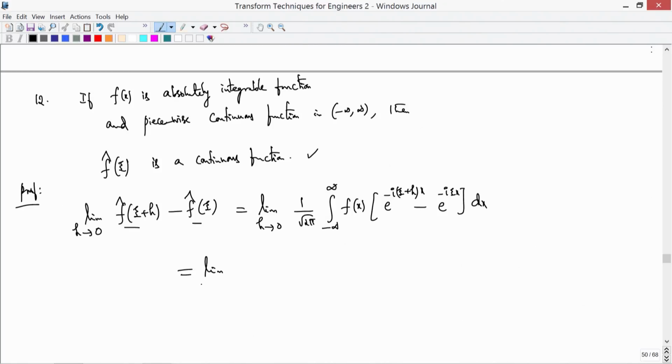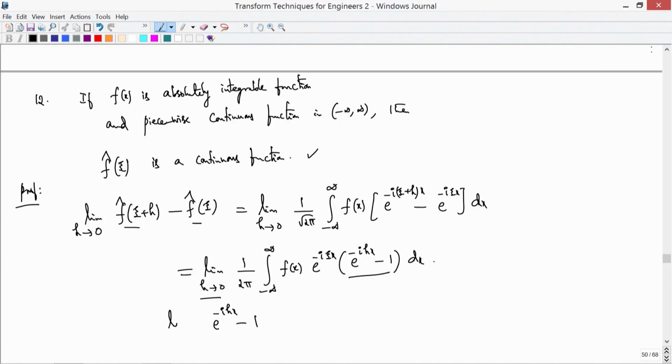This is equal to the limit as h goes to 0 of 1 by 2 pi, the integral where e power minus I h x you can take out, multiplied by e power minus I xi x, that is common. What you have is e power minus I h x minus 1 into dx. Now, you can pass this limit. Clearly, e power minus I h x minus 1, as h goes to 0, is equal to 0, and these are dominated by